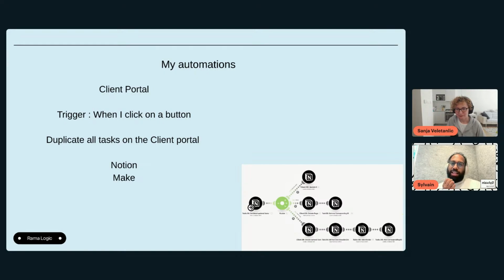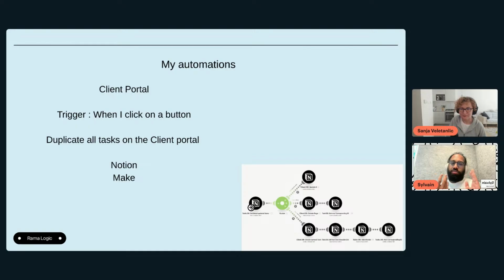So what I did, it took me a long time, but I will try to explain it really easily. I created a mirror of my database, on my Notion task database. And when I click, a webhook is sent to Make, and it will do three things: creating the task if there is no task, updating the task if we need to update it and it already exists, or deleting the task because I don't want this task anymore. And this is the three paths. So this is what I did.